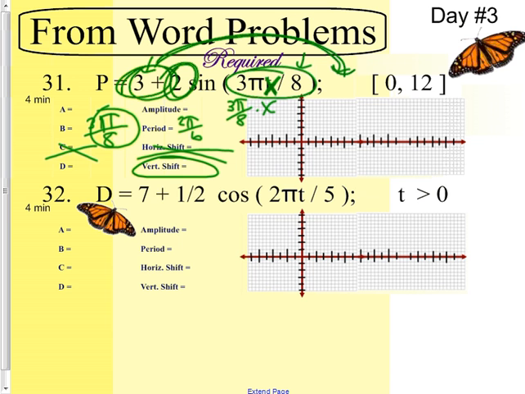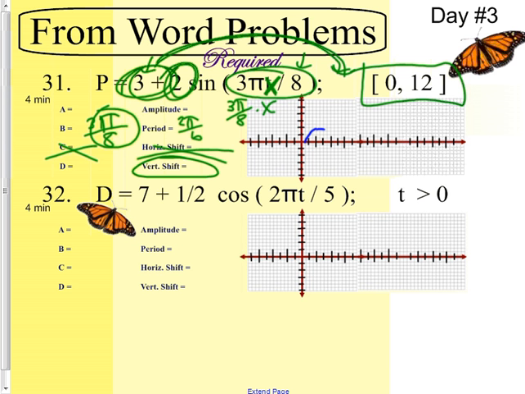What does this mean? It's a domain. That means you can only do this graph between what and what? Between 0 and 12. I will give you this hint. You do not need to graph it all the way until 12. If you do one period of this graph like we normally do, which of course starts with a normal sine graph,